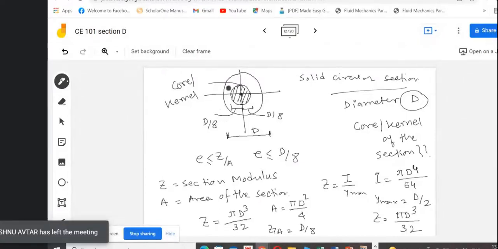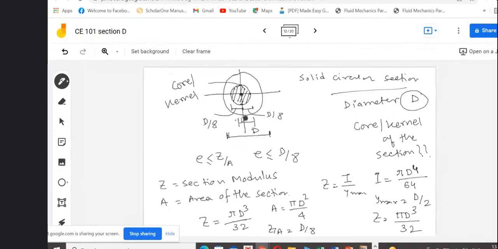So what is the diameter of this core? It is D by 4, right? Because D by 8 is the radius on each side. So the middle portion is giving us a quarter of the total diameter, D by 4. So this is denoted as